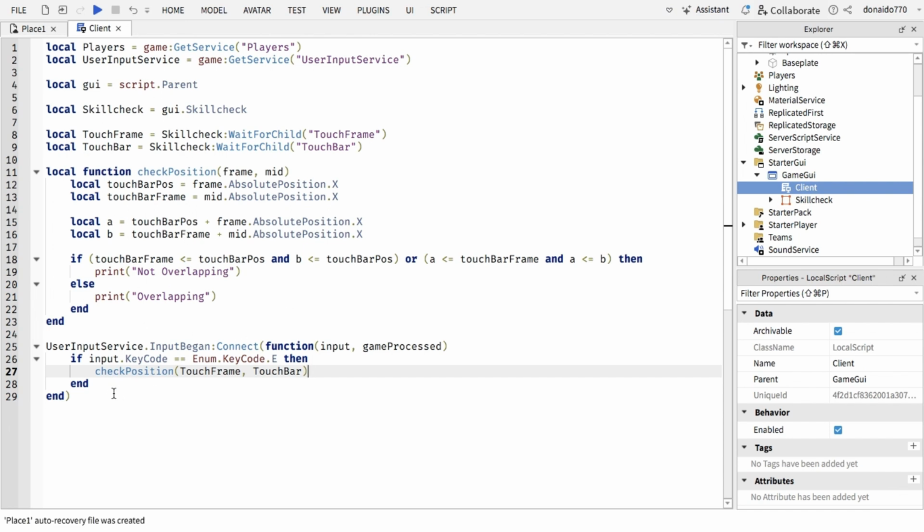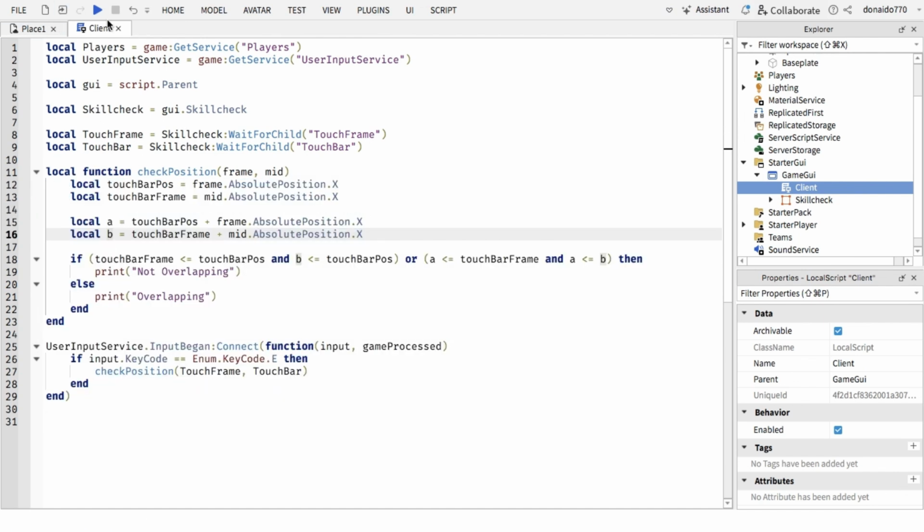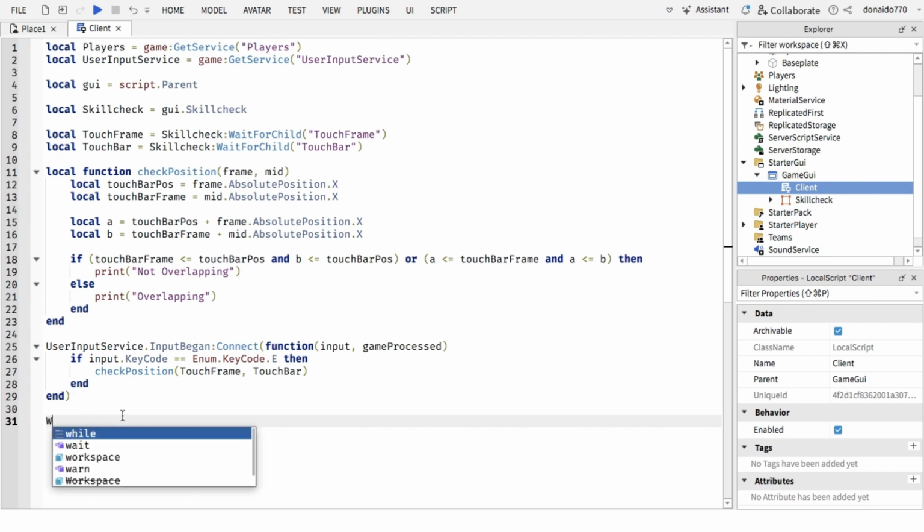Now when we finish all this, we actually need to do another one. So when we've done all this, we already got the overlap, right? But we haven't moved the touch bar. Every time it goes to the max, you have to restart back, alright? Just like how it does in Squid Game or Danny's World. In Danny's World, you just get it out, but in Squid Game, you actually restart. So what we're gonna do is, while